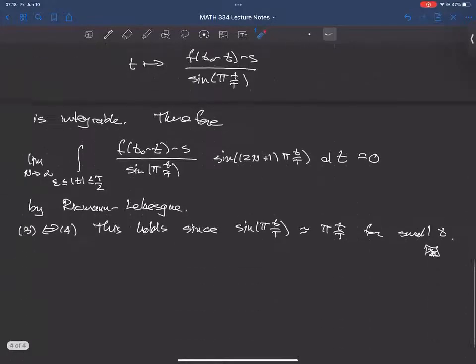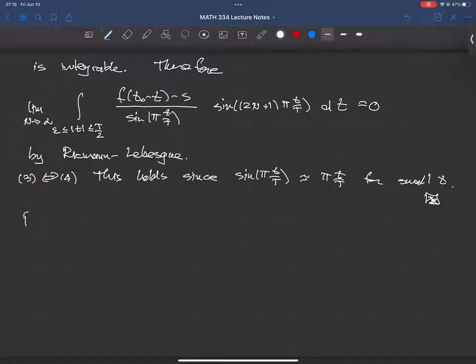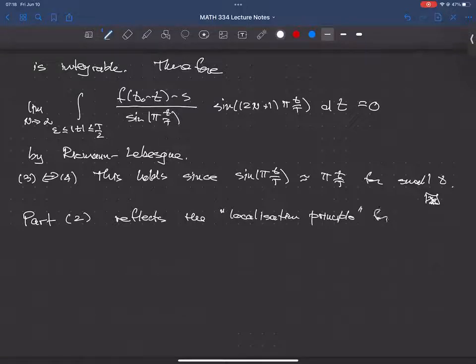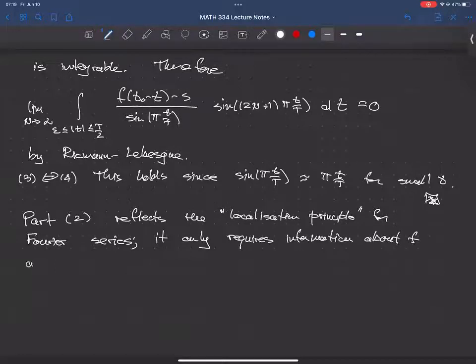Okay, and so part 2 reflects the localization principle for Fourier series. Why localization? It only requires information about f arbitrarily close to t naught. And so that's already an interesting thing, and there's not necessarily any reason why this should be true a priori,